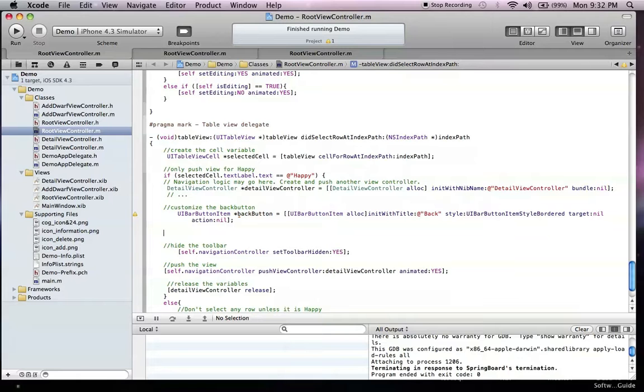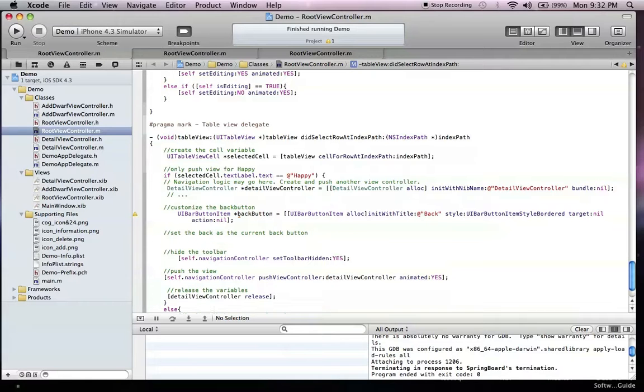And then I need another line here. You see I've created the variable, but now I have to set the back button as the current back button. And we do that with the self.navigationController.navigationItem. I take that back, the item,